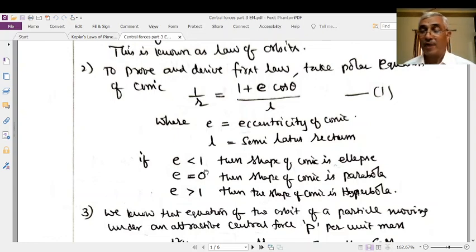Now, with what way of proof will we go for the elliptical shape? The way is, we will take the path followed by a planet. It means that we will derive the equation for the path of the planet in the shape of a conic equation. From that we will decide the eccentricity. If that eccentricity is less than 1, then we will say that the shape is an ellipse. I hope you will understand.